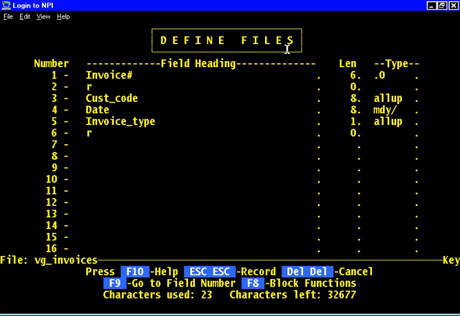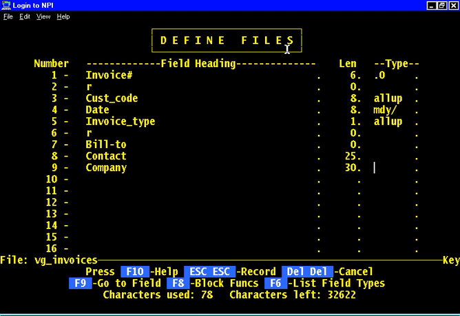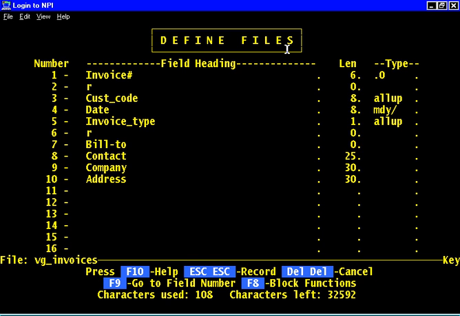So let's call this the bill. How about bill 2? Okay, and I'm just going to use this as a heading, or as a title. I'm really going to put bill 2, and here I'm not going to store the last name. I'm going to say contact, and I'll make that 25 characters long, and I'll put company, and I'll make that 30 characters long, and I'm going to leave the edit types blank here, and I'm going to put address, that was 30, and